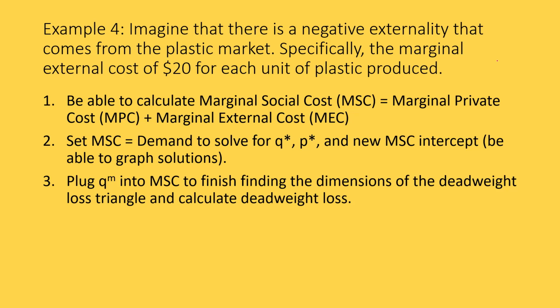And then from there, you set the marginal social cost equal to the demand curve to solve for your socially optimal equilibrium, Q star and P star, right? And again, your new marginal social cost intercept, right? So that you can graph out these solutions. Then you plug that QM into your marginal social cost to finish finding the dimensions of that dead weight loss triangle